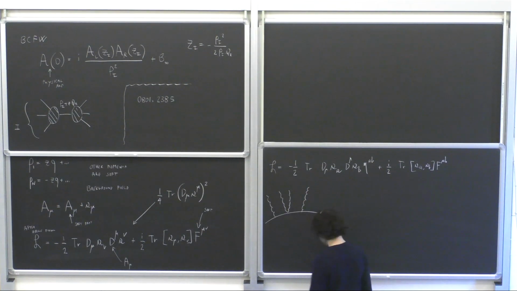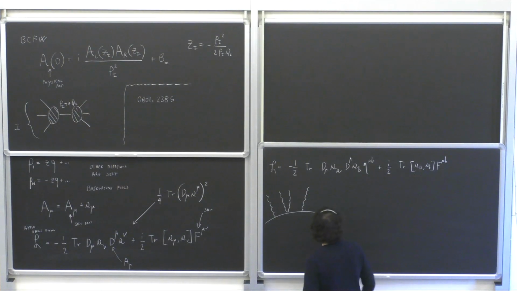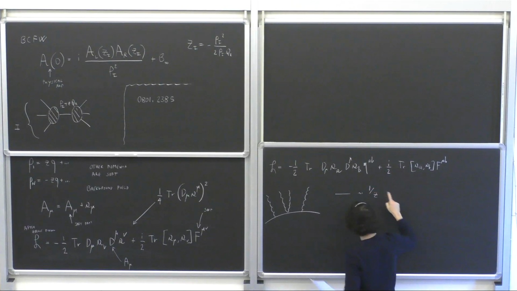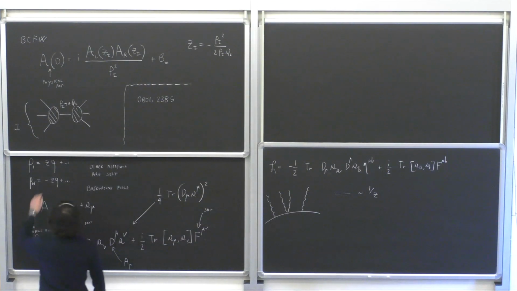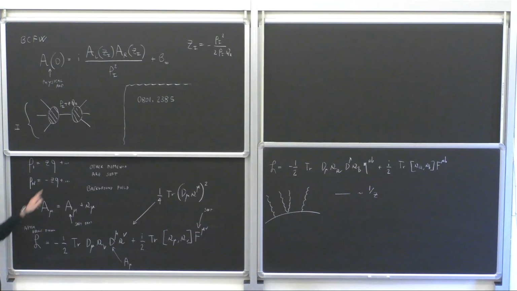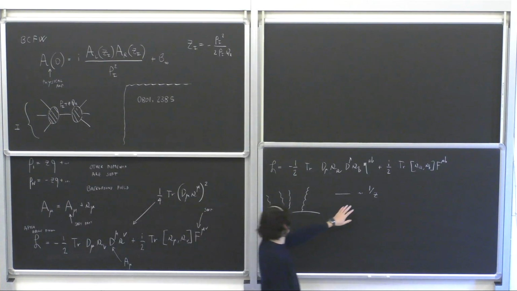So what kind of vertices can we have? The first thing which is important to remark is that the propagator in this particular case goes like 1 over z, not 1 over z bar, z squared, sorry. Why is that? Because even though the momenta here carry a factor of the complex parameter, q is a null momentum. So you end up having a 1 over z out of the propagators.